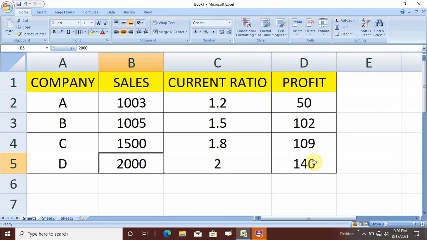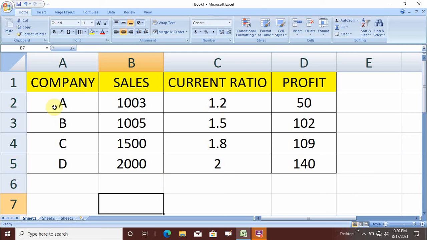Since the data set is very small. But what if you have 10,000 companies, and then data is given, and out of those data somebody asks you the sales of company C, or you have to analyze the sales, current ratio or profit of company C? Under such circumstances, let us see how it works.